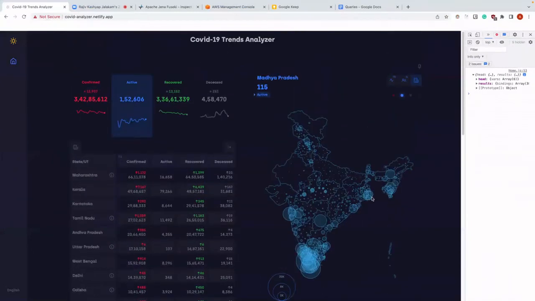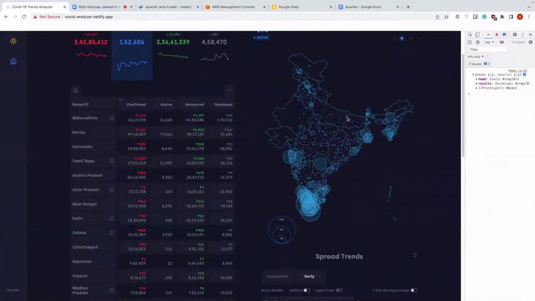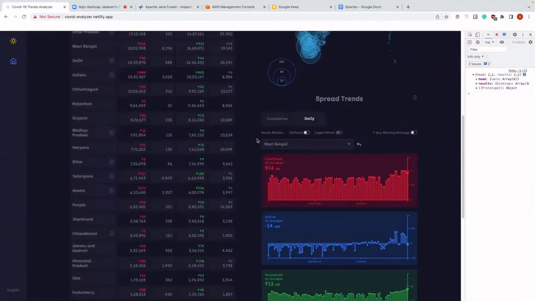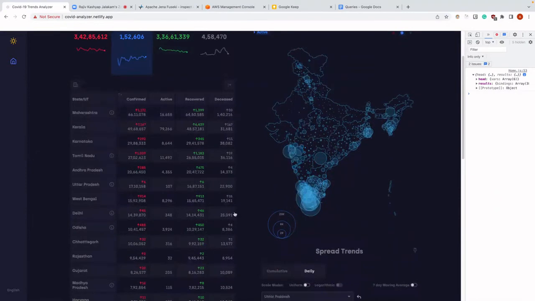So this is the interface we built. We use React, and you see the visualizations are built using 3JS and D3JS. The table you see here is being populated from running SPARQL queries on the n-triples, which is fed into our Fuseki server, and it is served from Flask, and we hit the API endpoints,